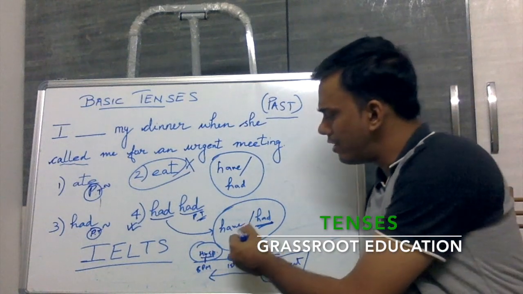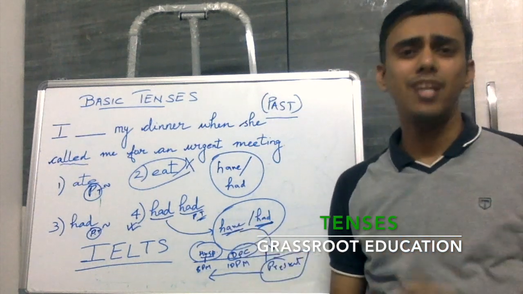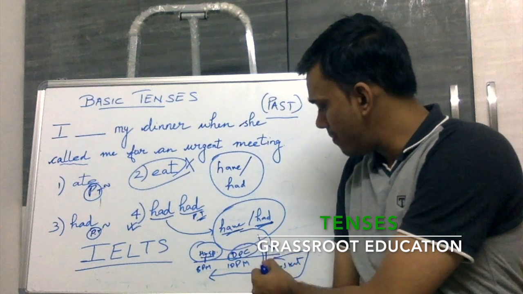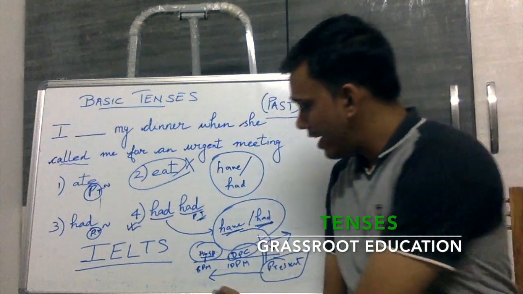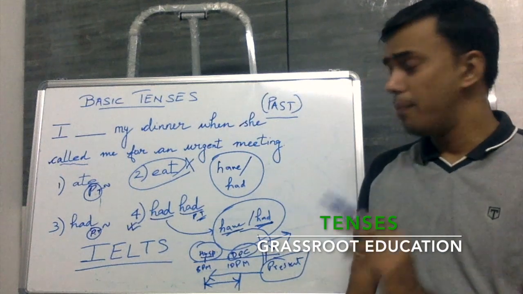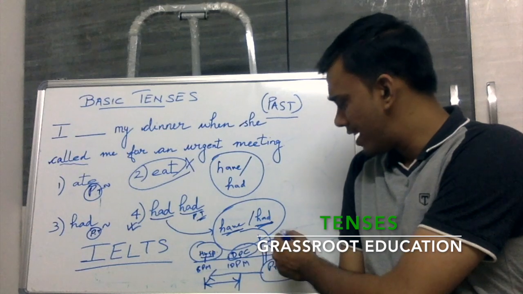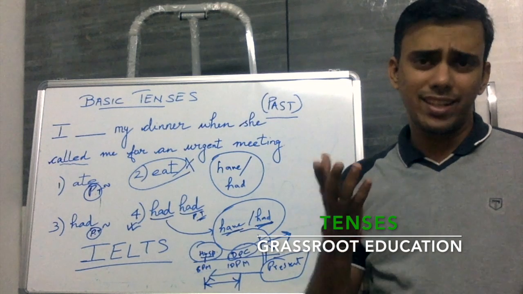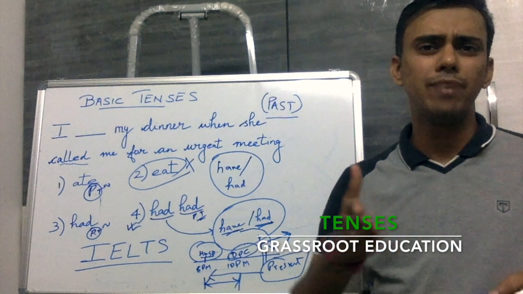Let us now see this one, the word have. The word have here is used to indicate that something started in the past, but it continues in the present as well. What happened in the previous case? It started at 8 p.m., it ended at 10 p.m. This is the range that you're talking about. But in present perfect, what happens is it started sometime in the past, but it continues in the present as well. For example, they have been living in Bangalore.